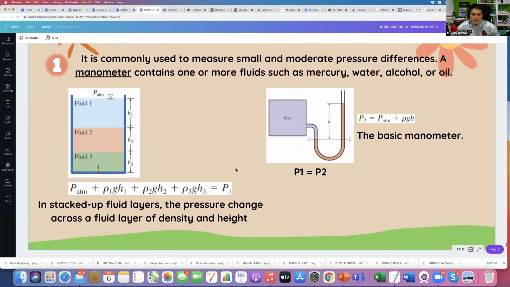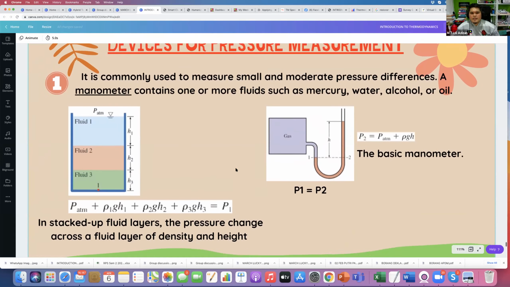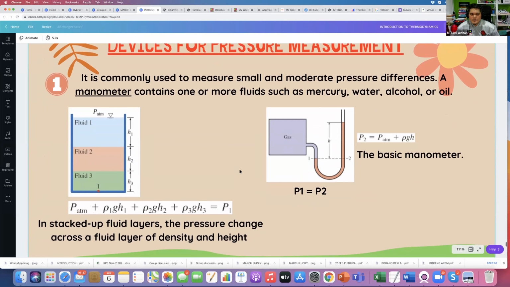And then I would like you to read through. There are some devices that you can use for pressure measurement. For example, you can use a manometer. Okay, the manometer is actually, for example, if you want to measure the pressure at this particular point,